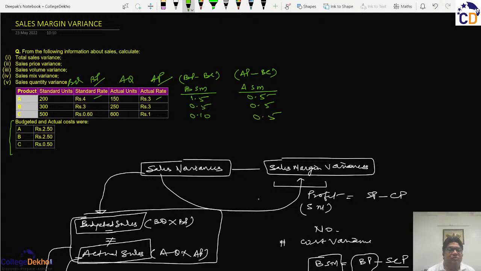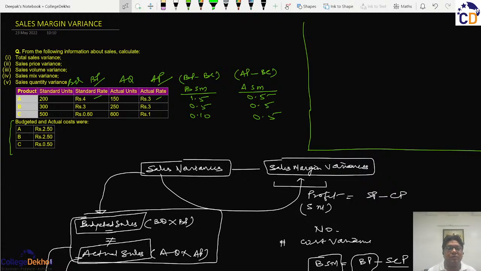So if in this question the variances are calculated from the values of 4 and 3, then we will use the word sales variances. And if they are calculated from this value, then we will use the word sales margin variance. Therefore, some books and some authors use the same word, that sales margin variance and sales variances are one and the same thing. So here, if we use this table only, and if we calculate it here,